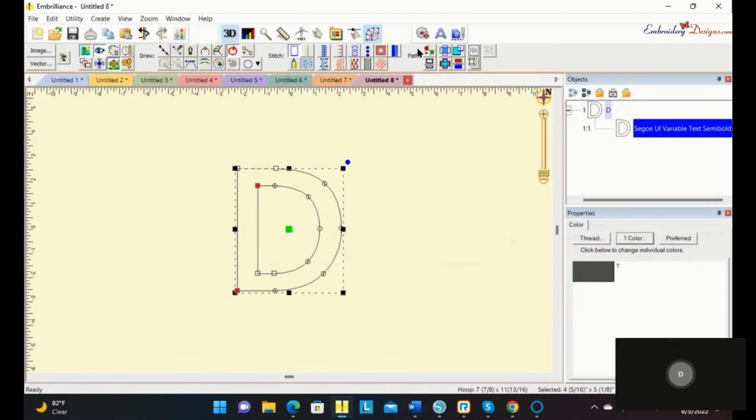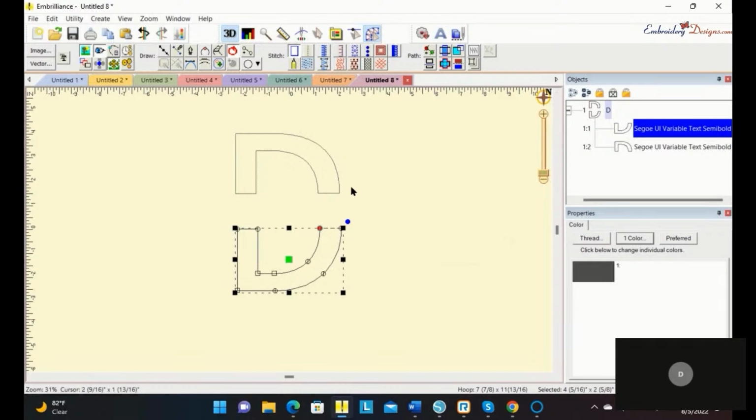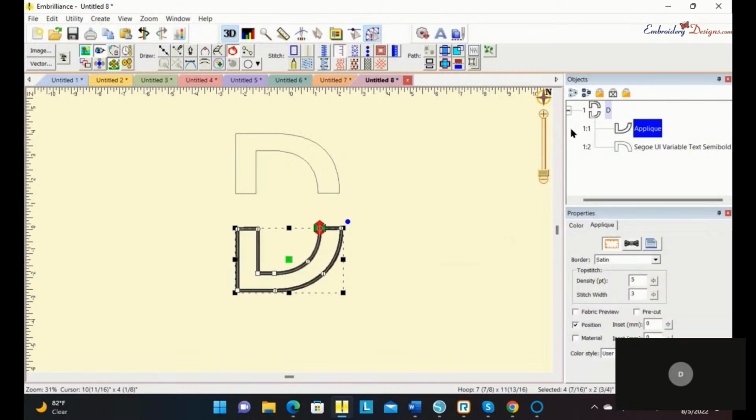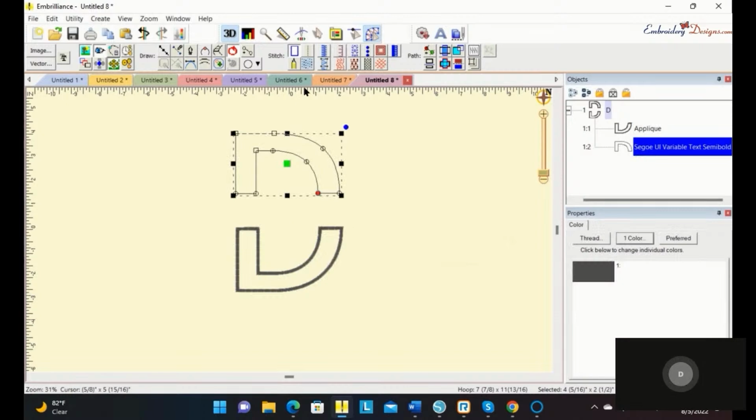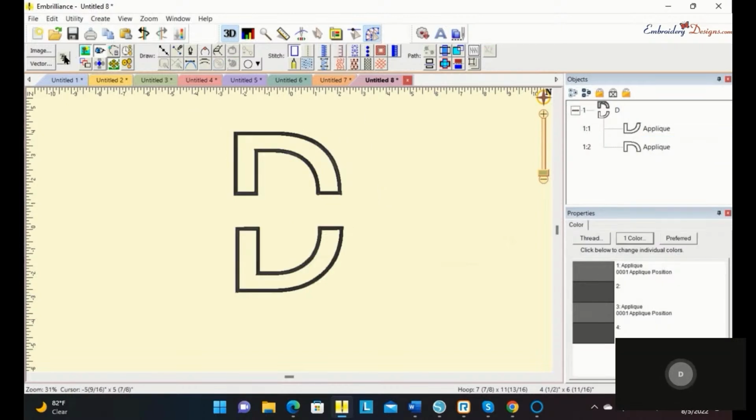Okay, so I'm going to select that. I'm going to draw a line across my letter D, right click when I'm done, straighten it up a little bit. And then this guy here cuts the object at the break line. So now I have a top and a bottom to my letter D, and I'm going to apply applique to those, and then I'm going to come over here